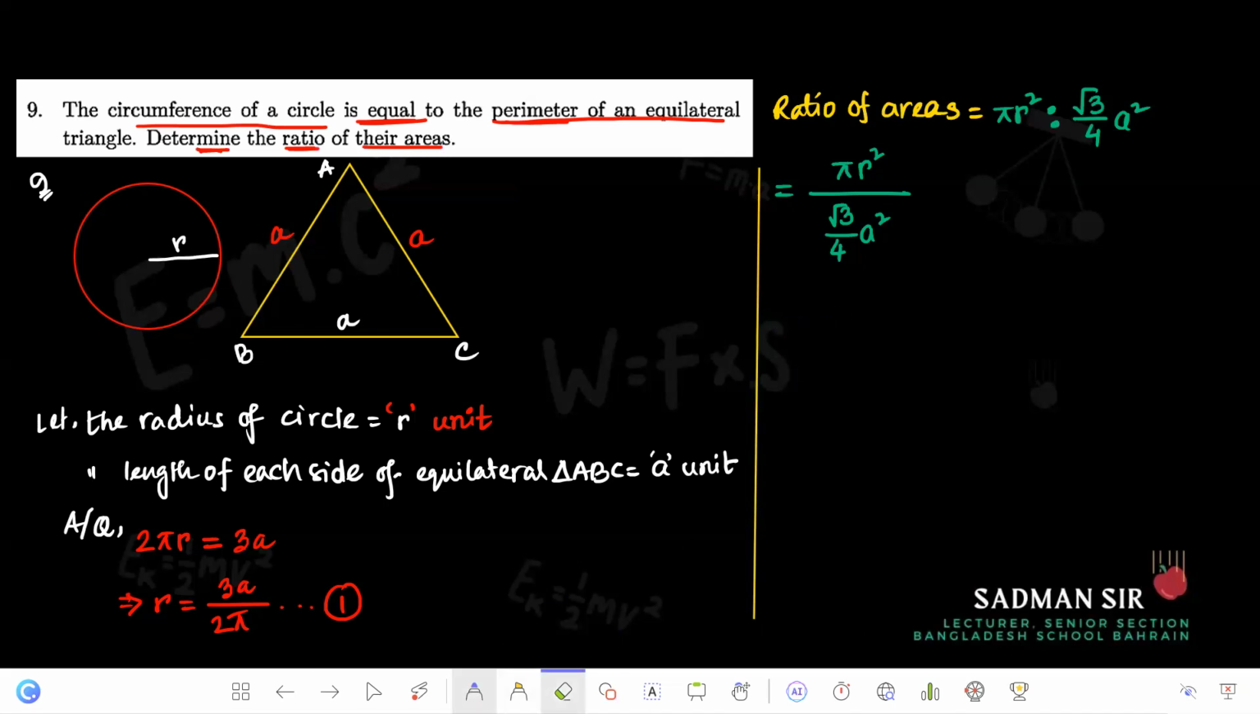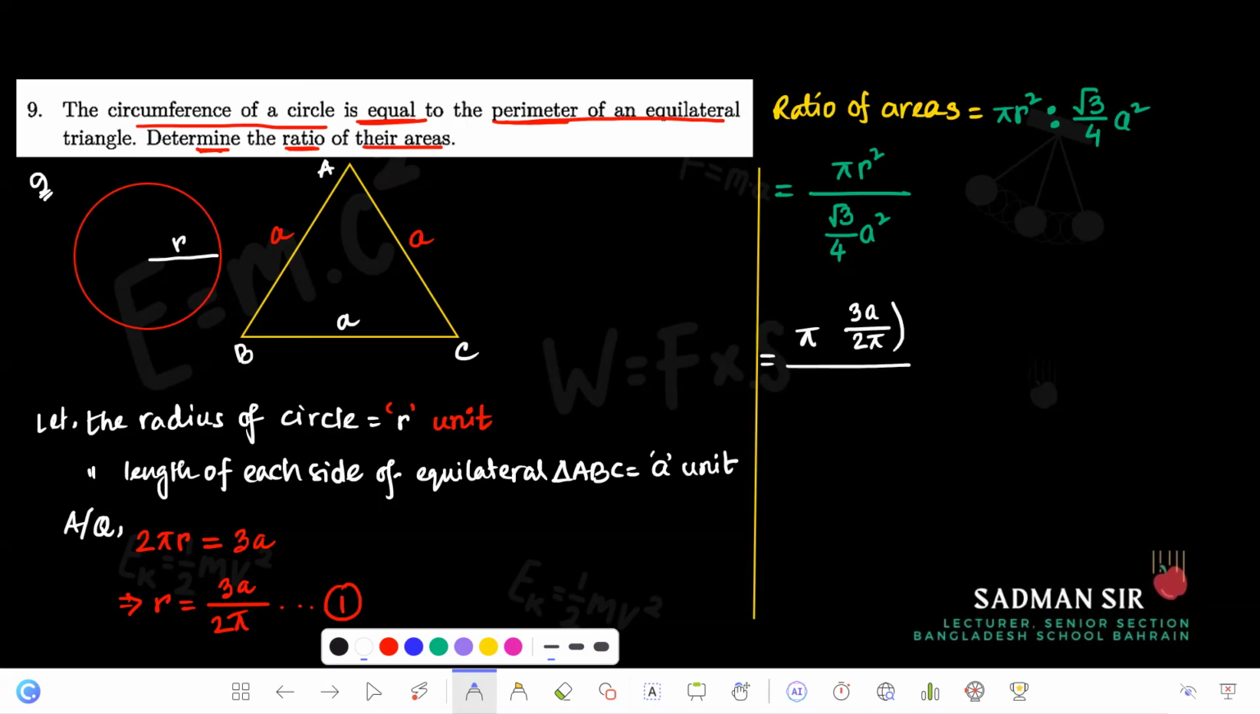Let me draw this line a little lower, because here we will put some values. Now pi will remain as it is. R will be replaced. Question 1 says that R can be replaced by 3a divided by 2 pi. So what do we write in place of R? 3a divided by 2 pi. But there is a square above R, so we will also put a whole square on it. So R has been replaced by 3a by 2 pi, and there is a whole square. Now root 3 divided by 4 a square equals,